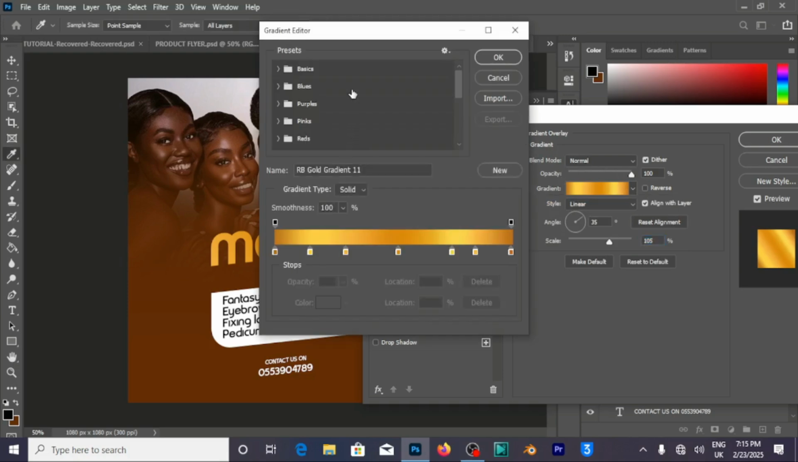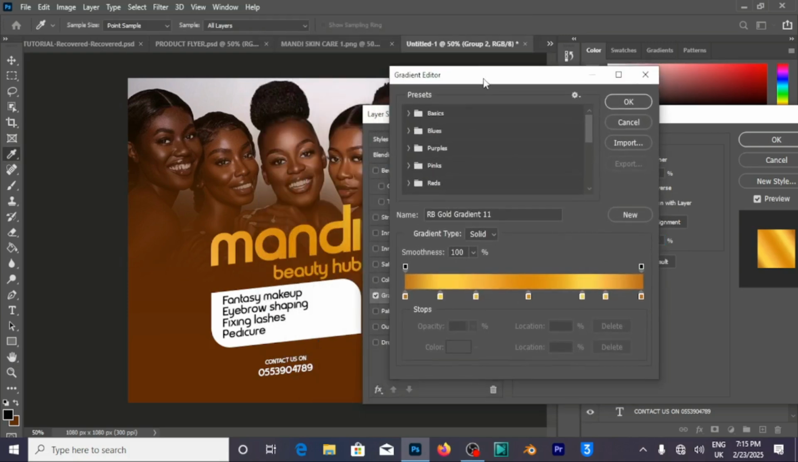And now I have to give you the colors for the gradient. So the first one is actually, you just have to click and add the colors. So the first one, the color code is C07610, and then the second one, the color code is FFCE41, and then the third one, the color code is